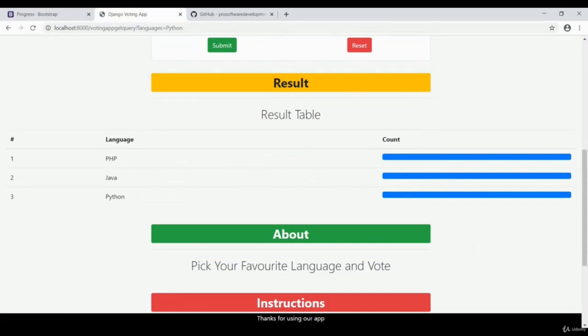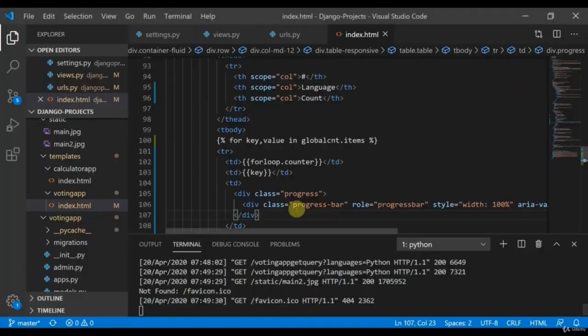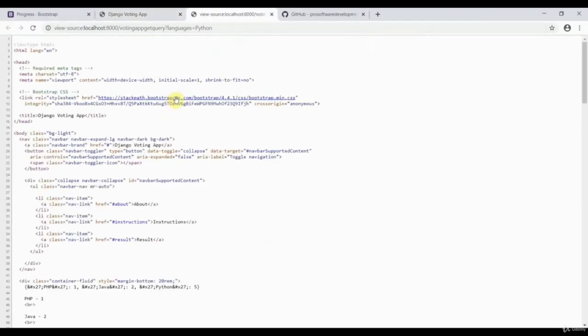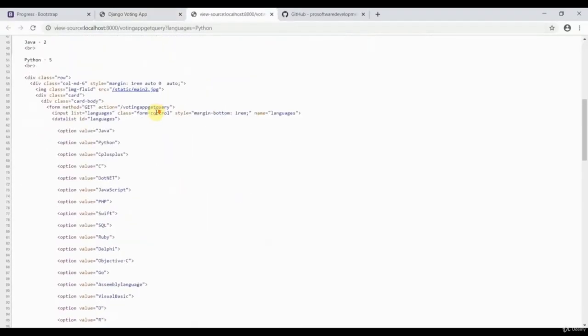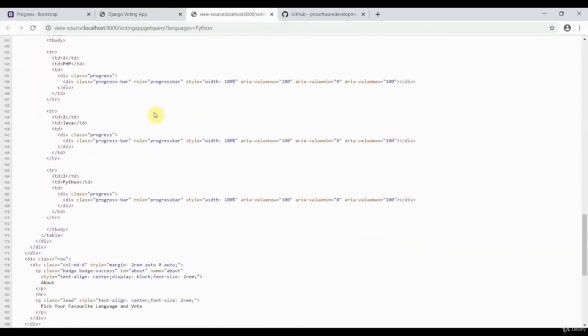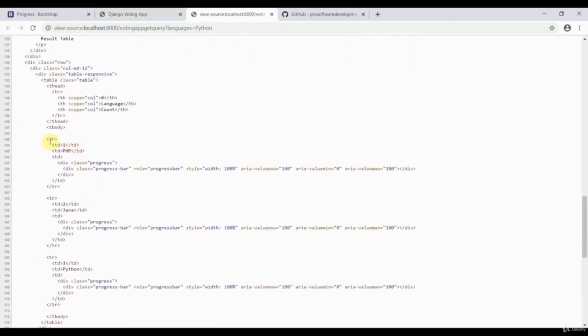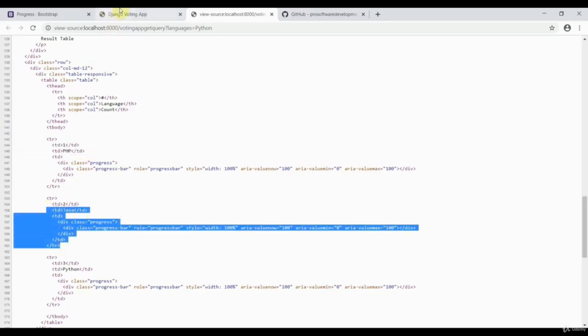So basically here you can see I have a div class equal to progress. I'll quickly show you one thing. I'll press Ctrl U, so it would show how I rendered the code. So where is the table bar? Yes, here it is, the table bar. So here the data is coming dynamically. Table data is 1, then language PHP, table data PHP, then progress bar, and this is again coming dynamically.